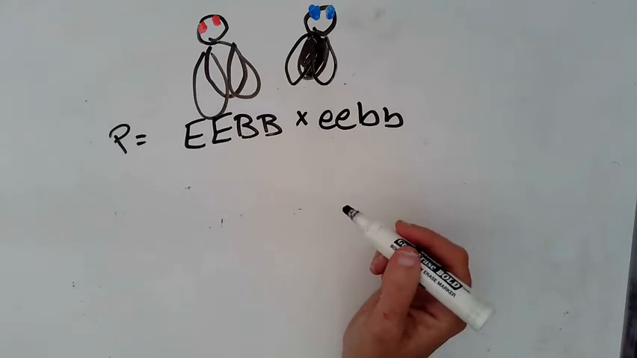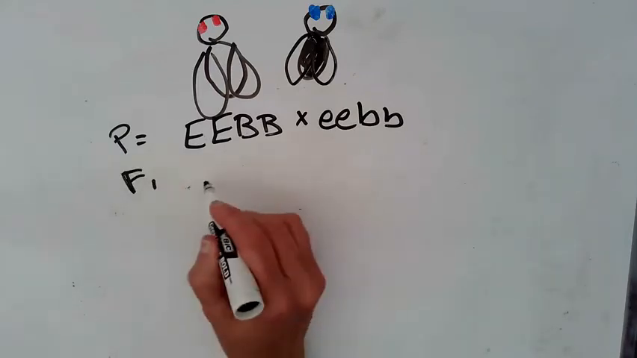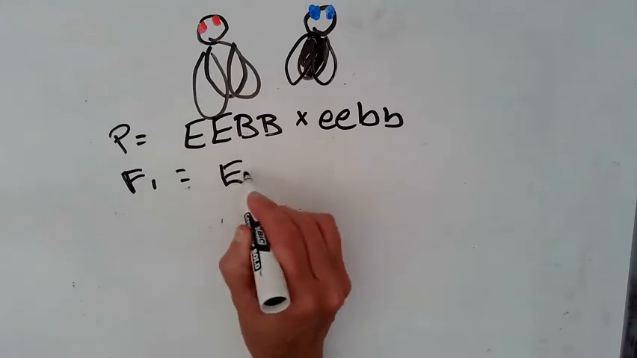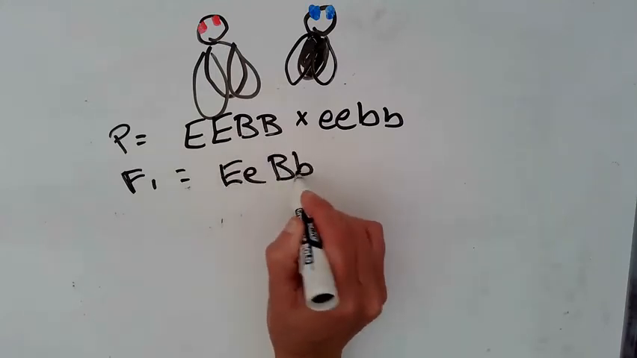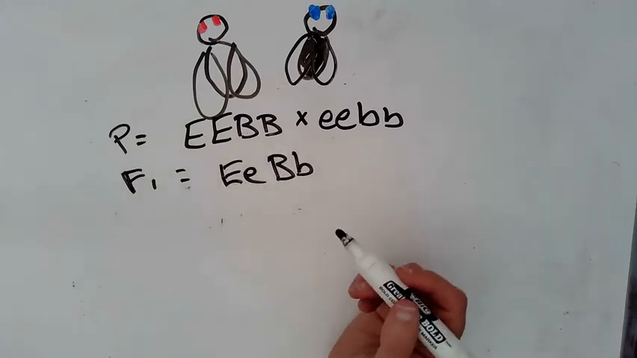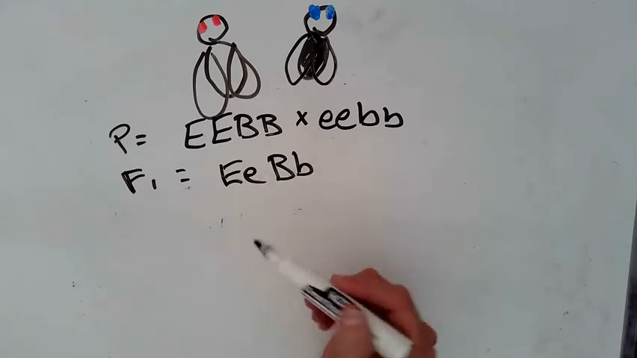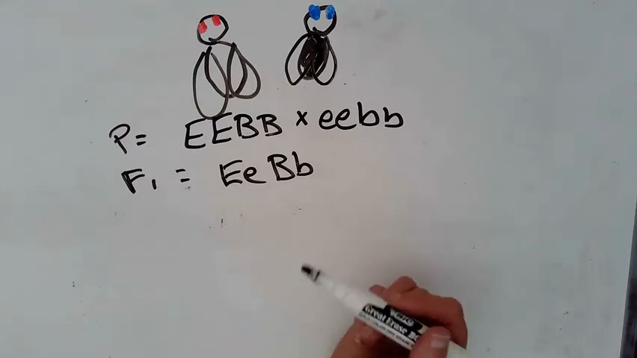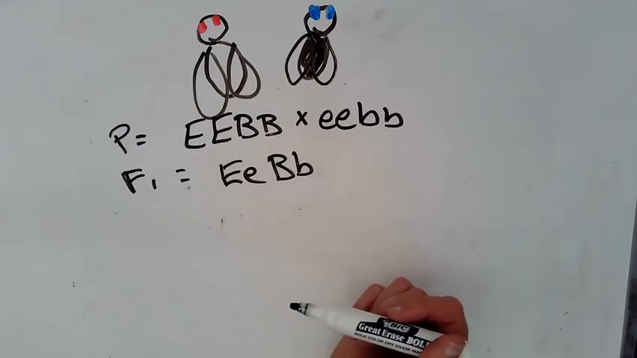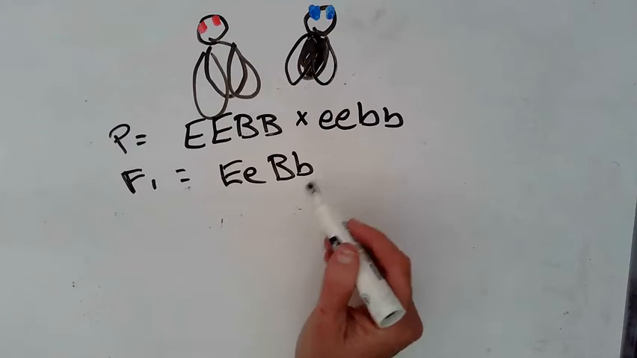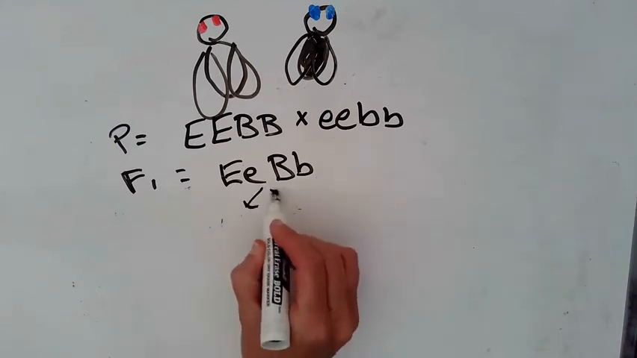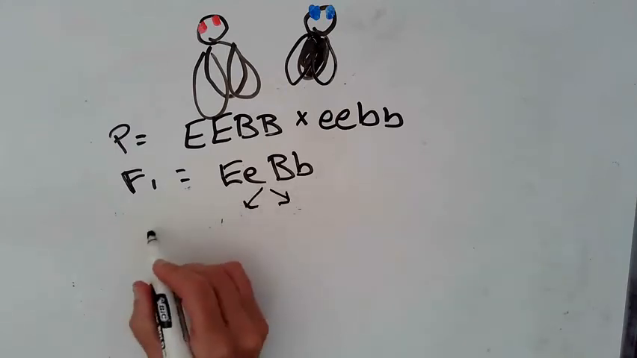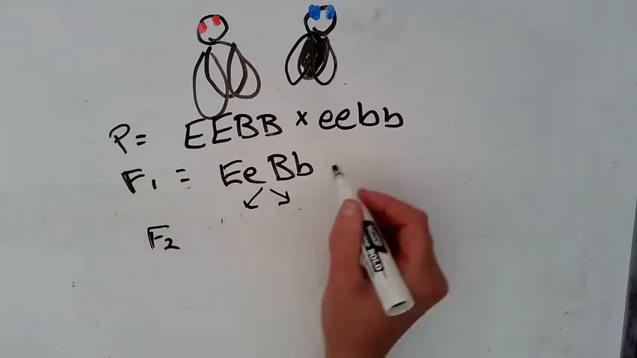And then, of course, F1 is going to result in all heterozygous individuals. They're all going to appear wild, but we know because we're conducting the experiment that they're carriers for the recessive sepia and ebony body. So then when you cross two of these guys to get the F2, you would do that whole